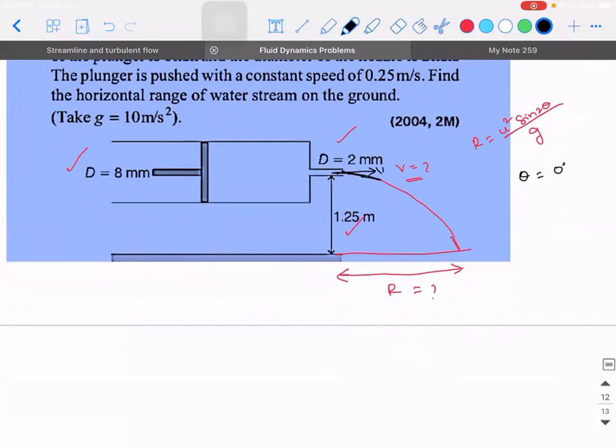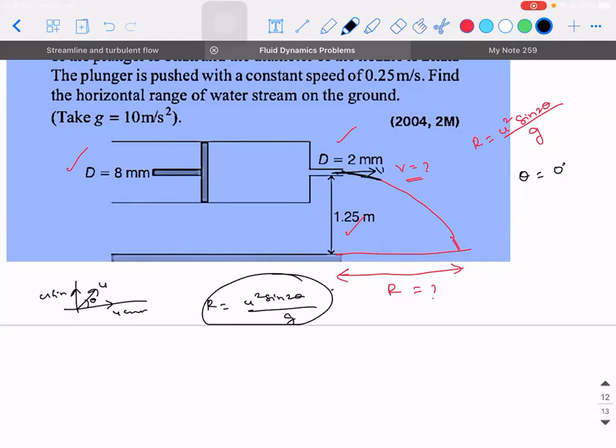Right? Angle is always measured with the tangential component of the velocity with its direction, with the horizontal. So if the object is projected like this, if this is taken as theta, this will be u cos theta, this will be u sin theta. You will get the formula of range as u square sine 2 theta by g. But unfortunately, if I put theta equal to 0 here, sine 0 is 0, then the range value is equal to 0. So what mistake am I doing? But clearly it is visible that the range is not 0 because it has a horizontal component of velocity.